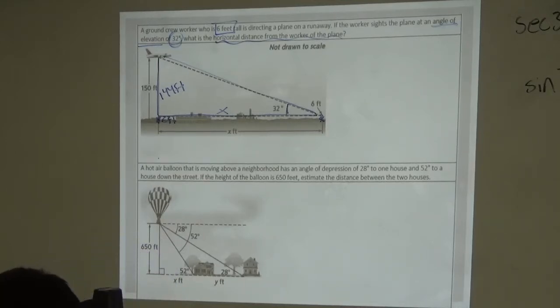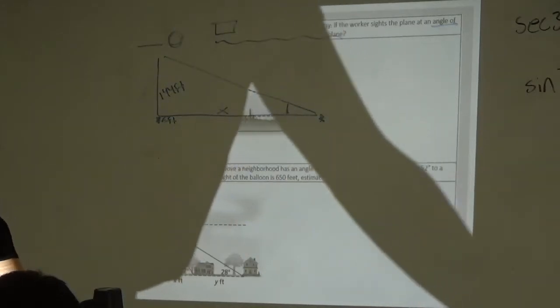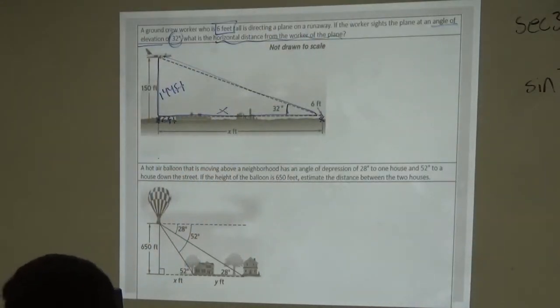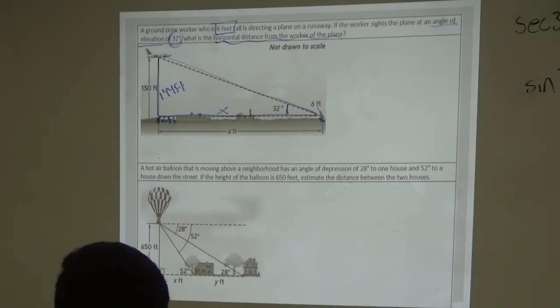Big tangent. No. And the angle, because we're looking for here, right? So then the angle is opposite, and then this is the side